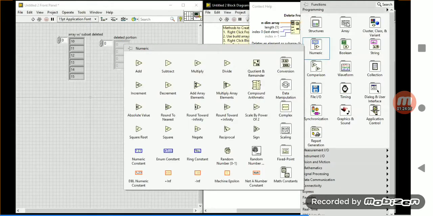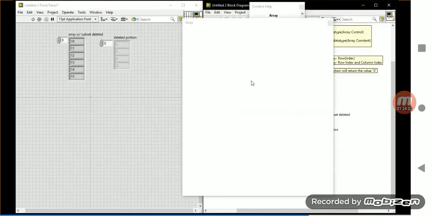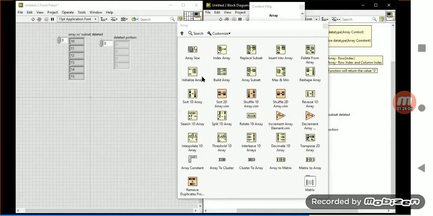Now, in the Build Array function, tell me what about initialization and the Build Array function. Will you practice the function, or do you want me to repeat once again? Because I am not going to do Array Subset. String Subset you already know. Same way Array Subset, the maximum and minimum value you are going to find. And Start 1D array.